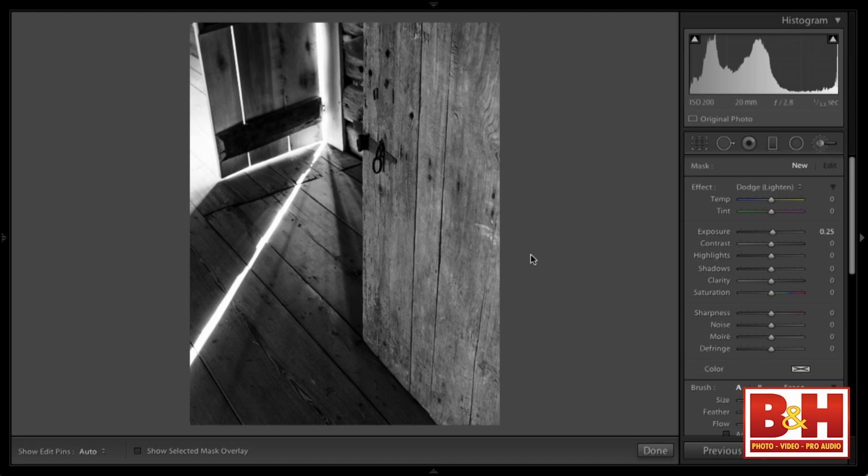So I'm going to make a brush. I'm going to set it at 0.25. Let's go a little higher because I think I'm going to need more than 0.25. And I'm